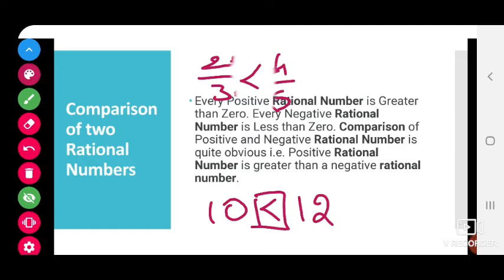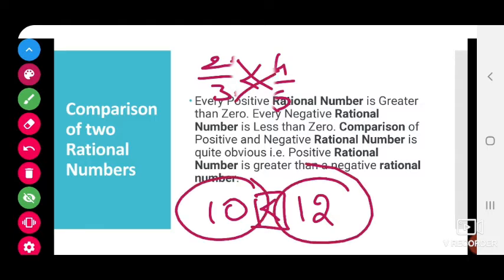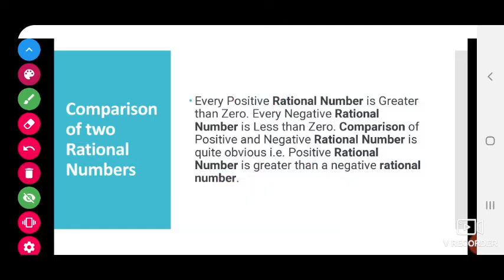Whenever we are having two rational numbers, this is the best and easy method which we can apply. But cross multiplication always starts from the first numerator to the second denominator. We will place that first, and then the second denominator to the first numerator we will place second. Okay.